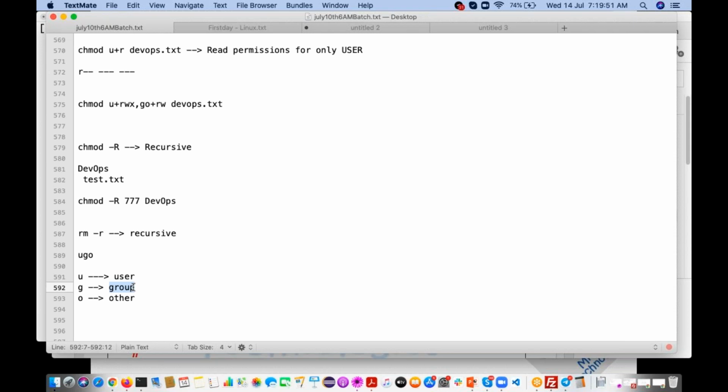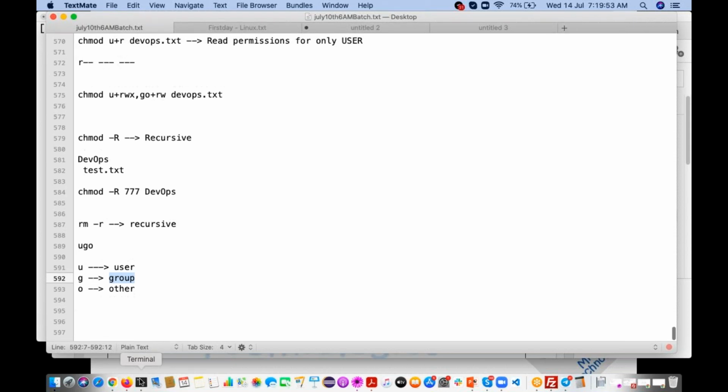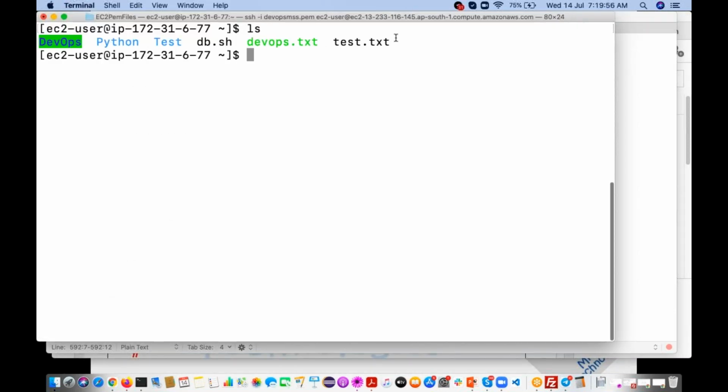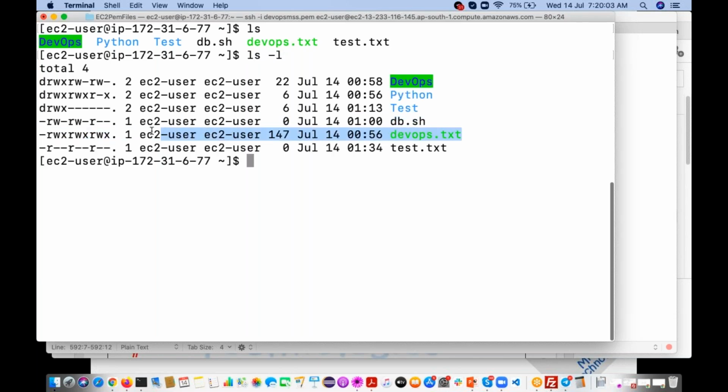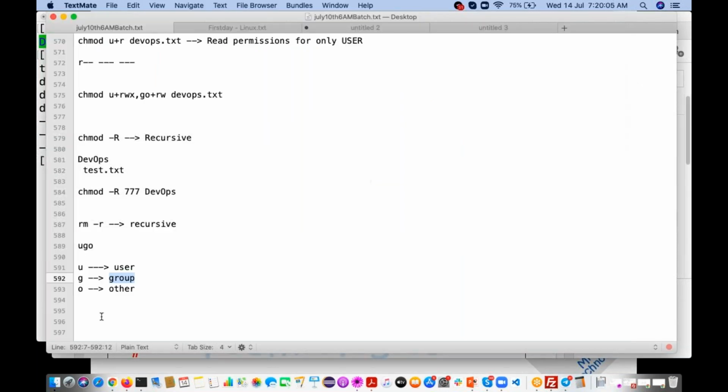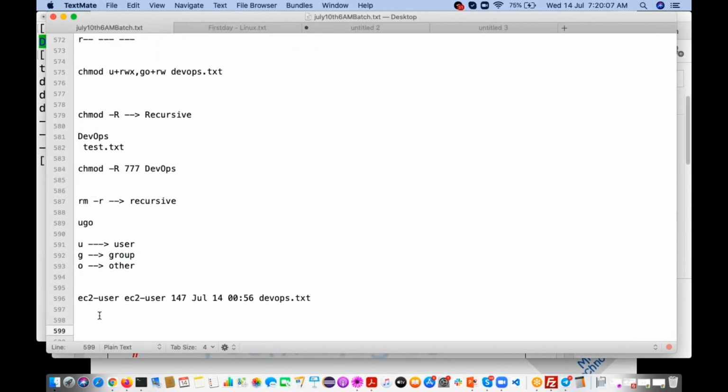So we have groups. See, I have one file called devops.txt. For this devops.txt, who is the owner? EC-user, because whoever created that file, that guy will become the owner. Here the owner of this particular file, the user or owner, is the same EC-user.